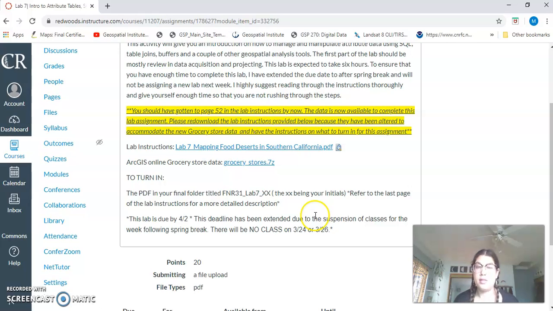And so again, you're just going to be picking up from page 52 in the lab instructions and then working through the end to what I now have you turning in, which is going to be a Word document, and at the end of the lab activity, you should have 2 images of 2 maps, and you're going to be inserting that into the Word document, including the caption,